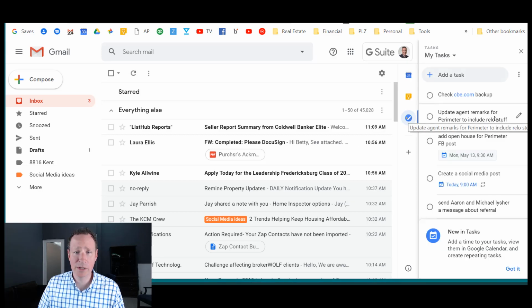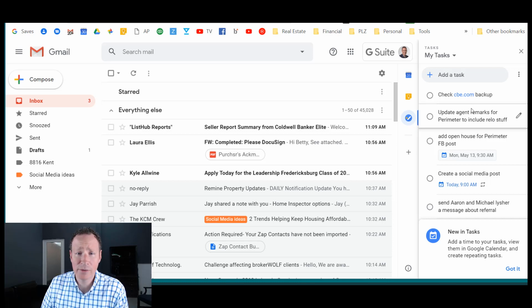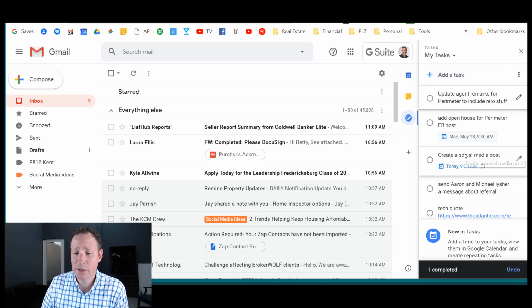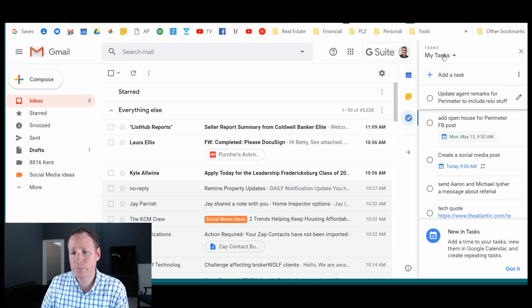it'll give you a welcome message if you've never gone to it before, and it brings up a very simple to-do list. As you go through, you just check something off, and it goes away and it's completed. The completed ones, you can scroll down and look at later if you want to. You can create different task groups. I like to keep them all under one My Tasks so I'm not jumping back and forth and missing something. But you can go in and put dates and times when that task is due,